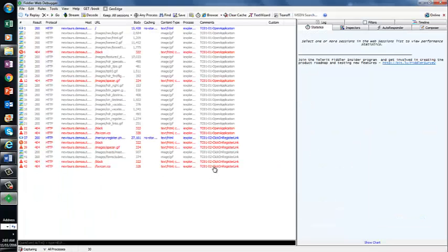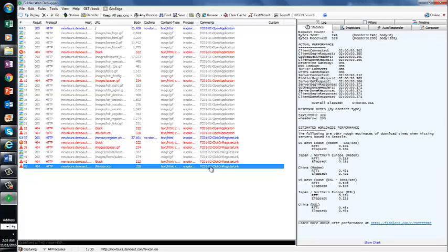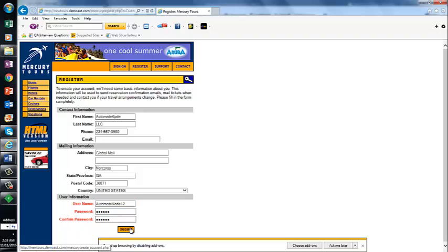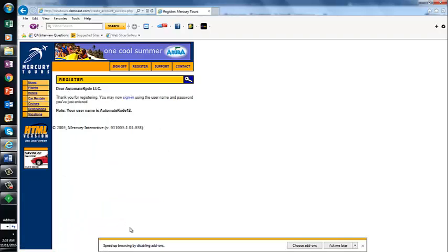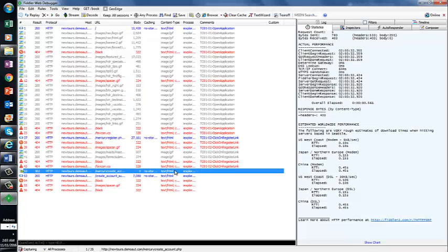How will you know that? You will see your comment. Okay, you have comment up to that part. That means this is for clicking on register link, and after that no more requests have been generated. So I'm going to submit this registration, and when I have submitted that registration, notice one thing, that your username is automate code 12. Remember this text. So when I submitted that registration information, the application gave me feedback saying that your username is automate code 12. Then let me go back to my Fiddler, and here I'm going to